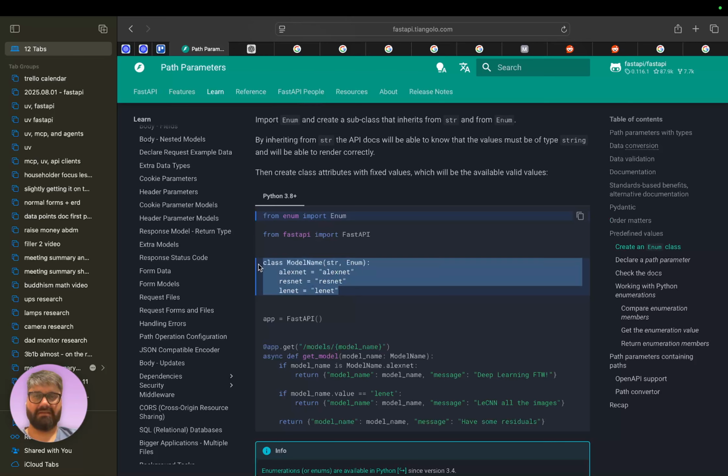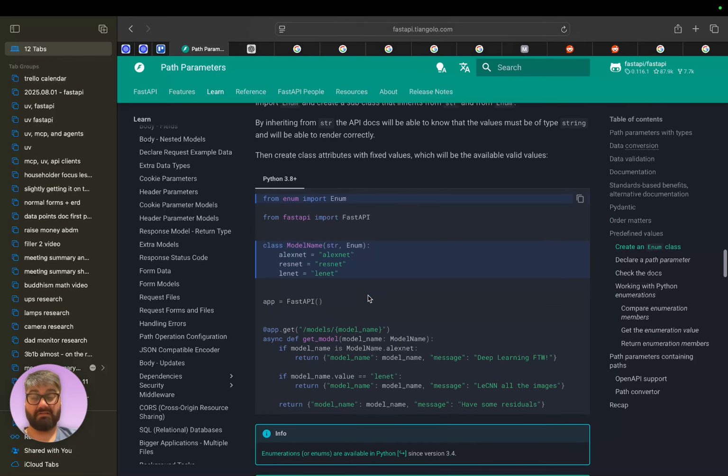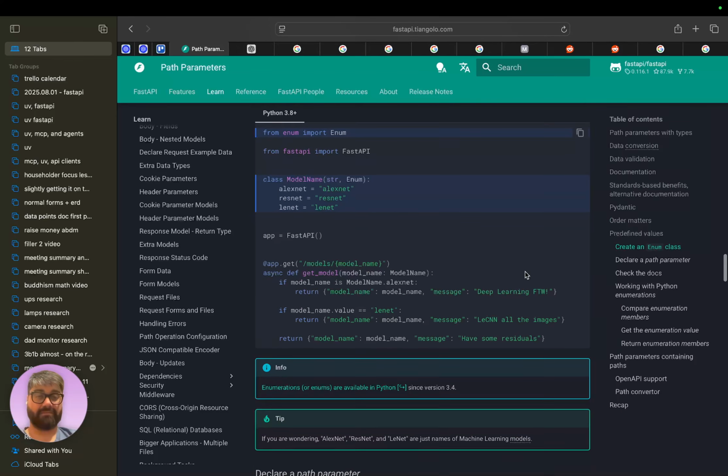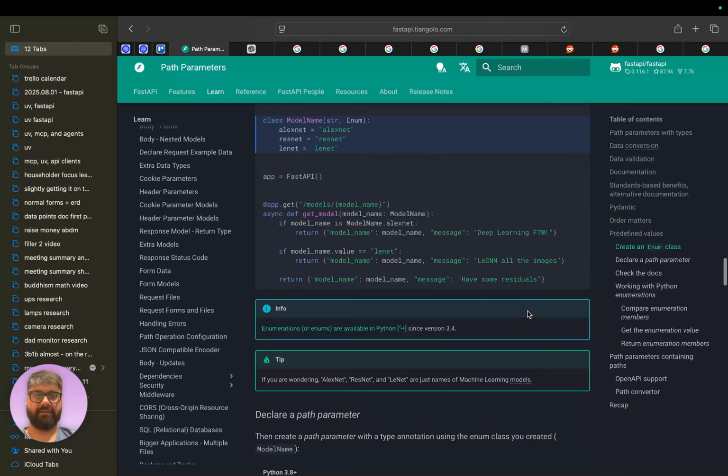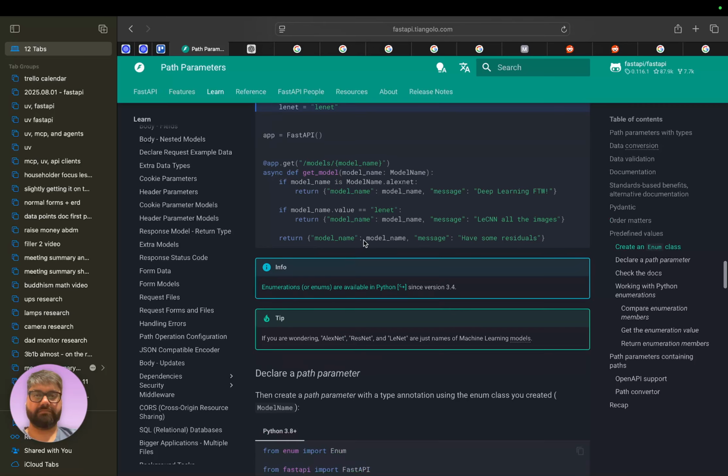That doesn't jive with what an enum does, but maybe I could be wrong. There could be some esoteric things that I'm not thinking through because I haven't used enums much, to be honest. And these are just the different ways you can access an enum: ModelName.alexnet, ModelName.value, and I can just return model_name.